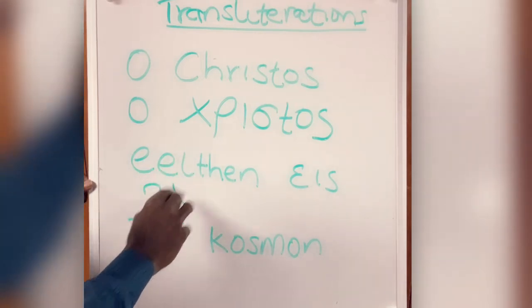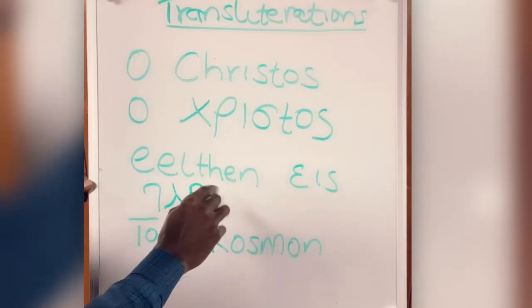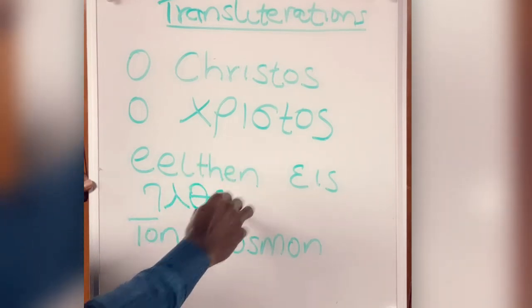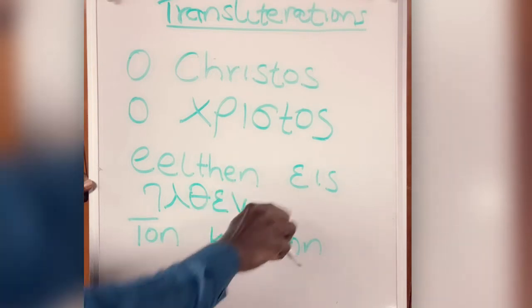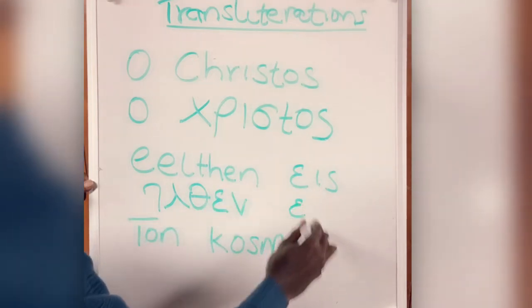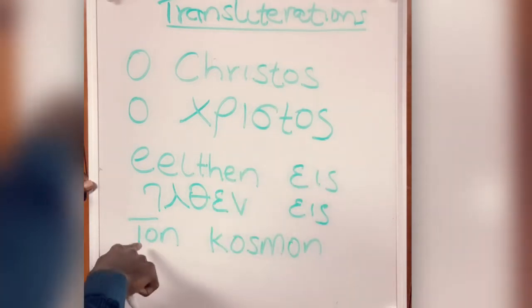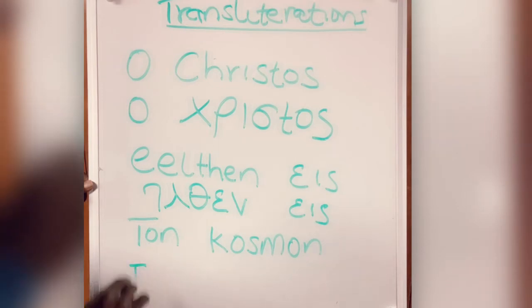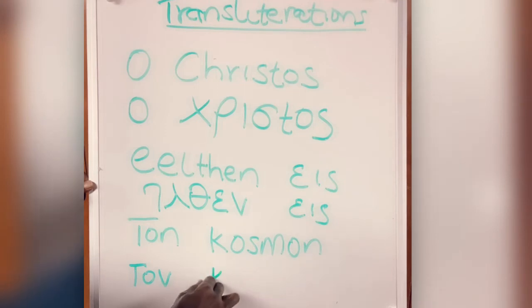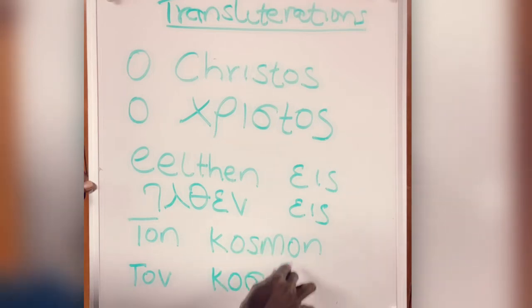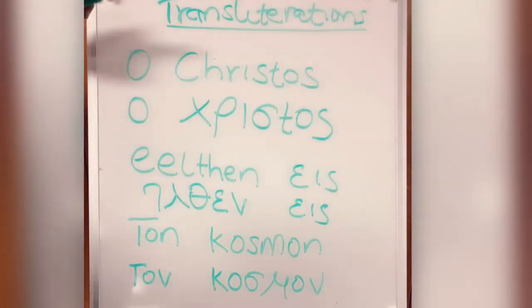Lambda, TH is theta, E is epsilon, and N is nu. E is epsilon, iota, sigma. Tau is T, omicron, and nu. Kappa is K is kappa, omicron, sigma, mu, omicron, and nu. So when you look at it, you notice that the English version,